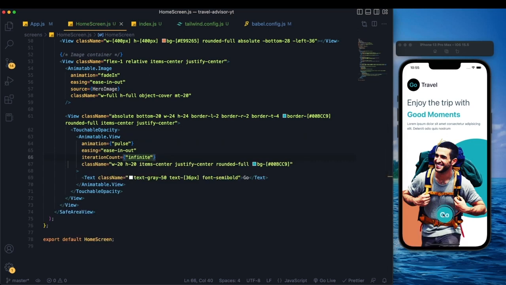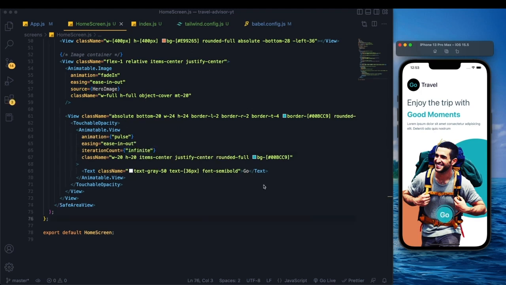Look at that. That's looking awesome, right? When I click this, it has that fade in and fade out effect by using this touchable opacity, and this has the pulse effect, running an infinite number of times over here. It's nicely animated because of the ease in and ease out effects. All right, so now when I click this, it needs to navigate to the next screen, and that's what we are going to do now. All right, then, since we successfully added this nice animation and nice touchable opacity for this,